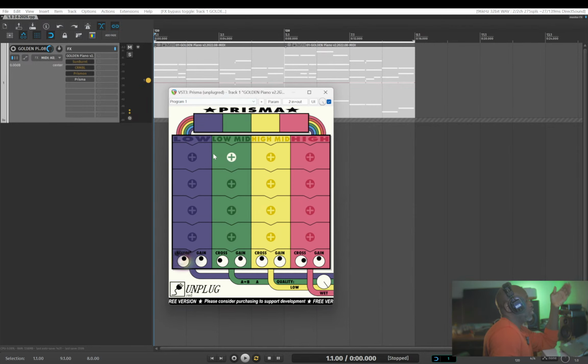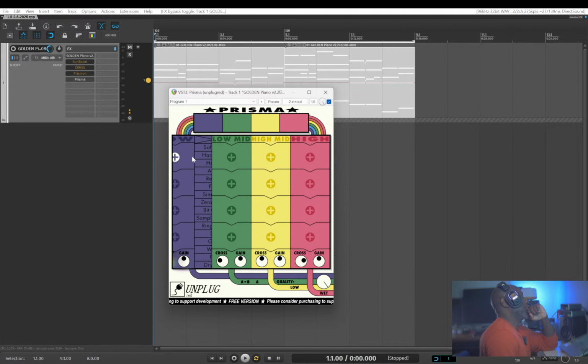So this is a multi-band distortion, and you can add, I'm assuming, 4 different types of distortion per band. I don't know if you could increase that, but from what I'm seeing, we have 4 bands divided up. We've got low, low mid, high mid, and the highs. And for each band that they have predetermined, I see 4 slots for you to add some kind of distortion or saturation